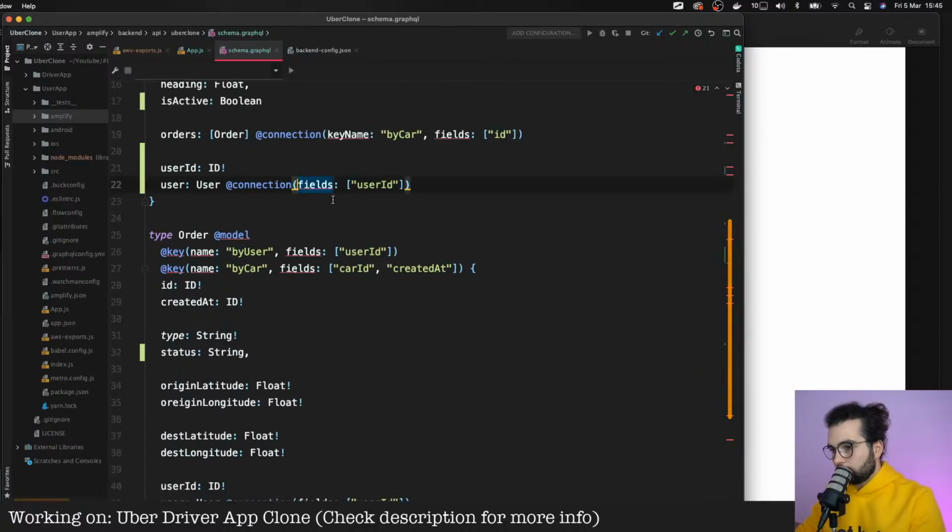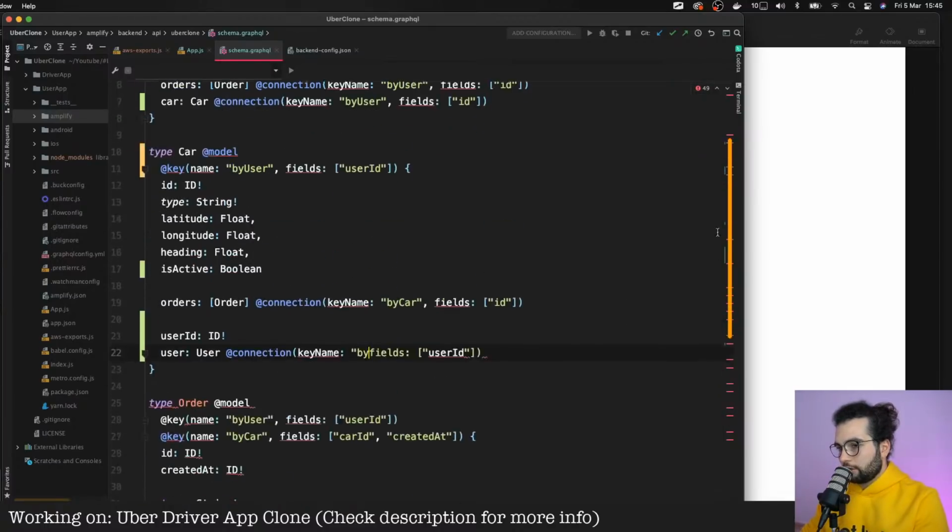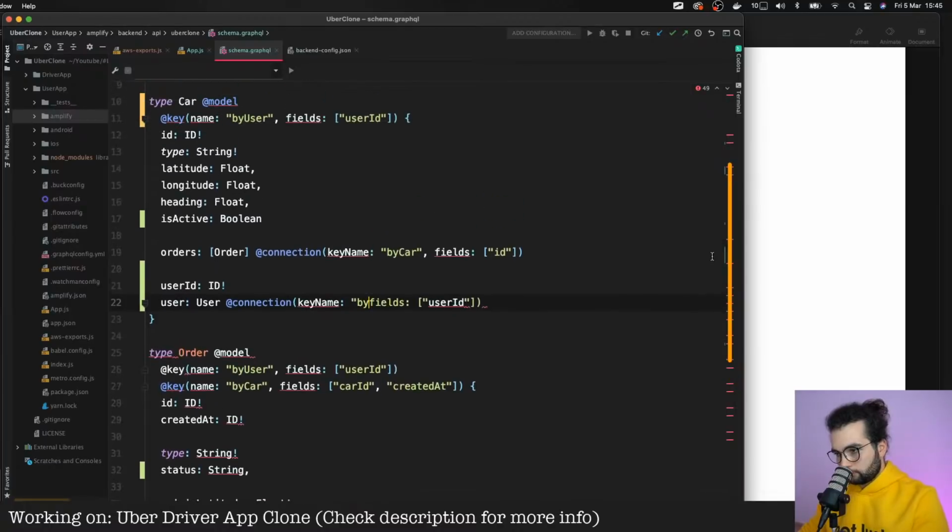Why the key name was not saved here? Did we forget to add it? No, but I remember that we added it. ByUser. No, byCar? Oh, what am I doing.